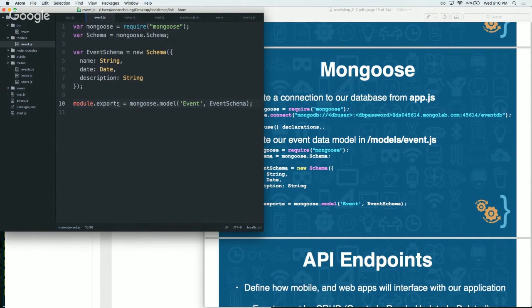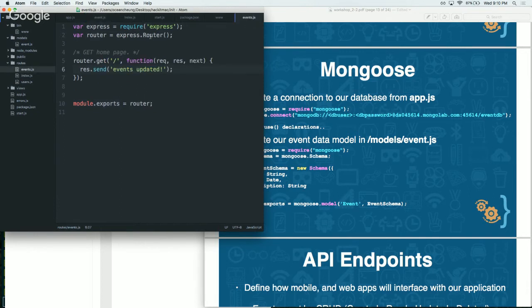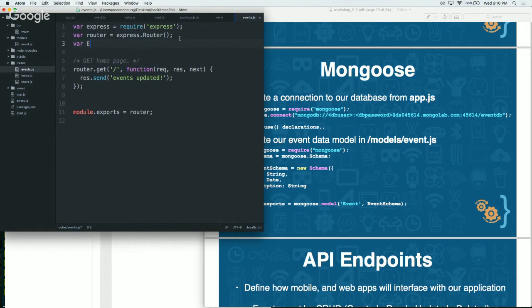And the reason we do module.exports is because we've now created this file called event.js, which has this model called event. We want to access data from this model at different points in our application. So we export it. And by exporting it, we can go to our routes file, like events, and we'll do something like this. You can go var event model equals require